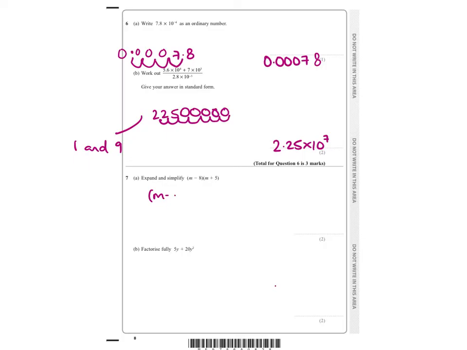So when we have double brackets, it's always good to make sure you show all of your working. I like to use the smiley face, but whatever you're comfortable with, please do. So m times m squared, minus 8 times 5,